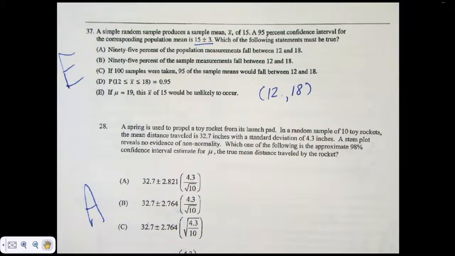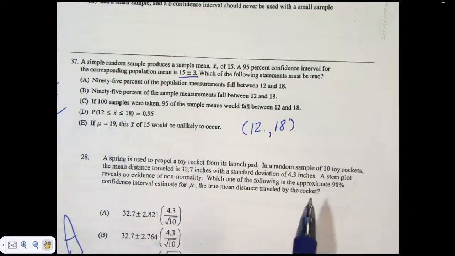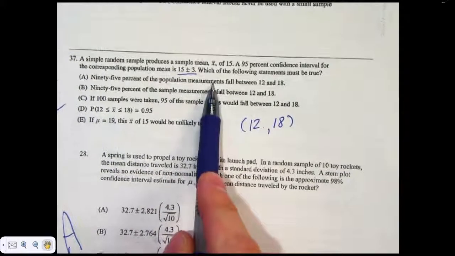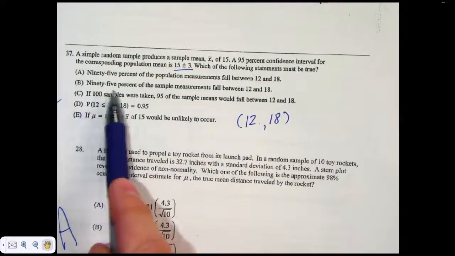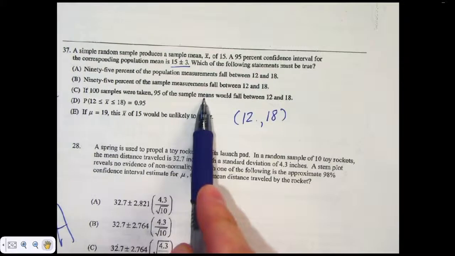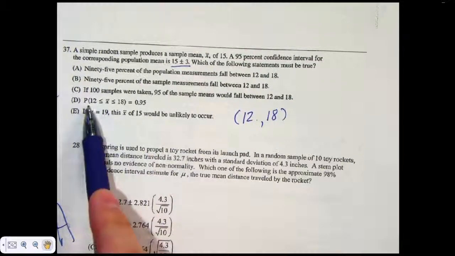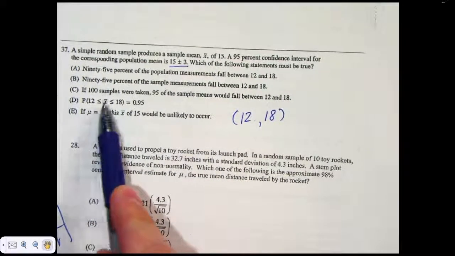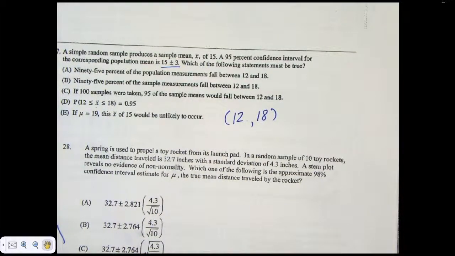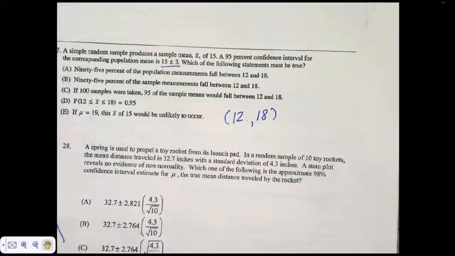Can you go through what the others are? Because they're all really similar. Well, none of them say try to capture the population mean. That's the goal. I want to know about the population mean. So 95% of the population measurements, I can't say anything about the measurements. 95% of the sample measurements, don't care. Sample mean, don't care. X bar is the sample mean, so we're talking about the probability of a sample mean being between there, don't care. The confidence intervals talk about the big picture population that we can't see, and that mean. So then, it doesn't quite fit.